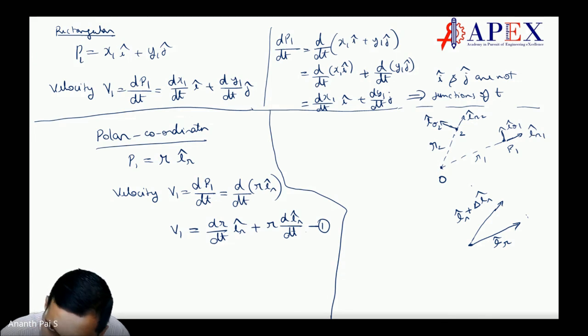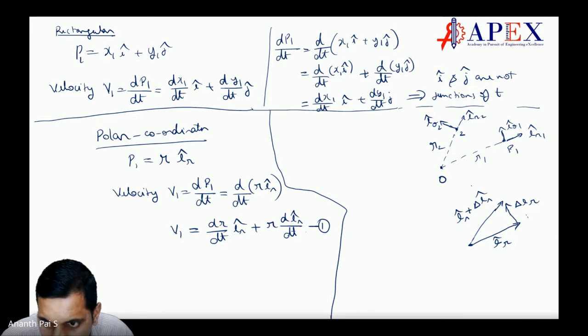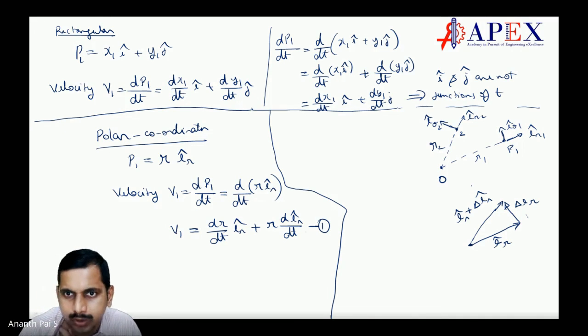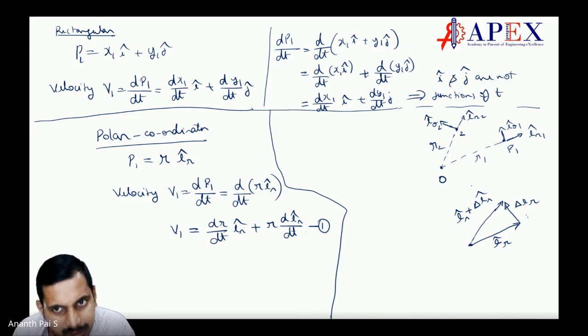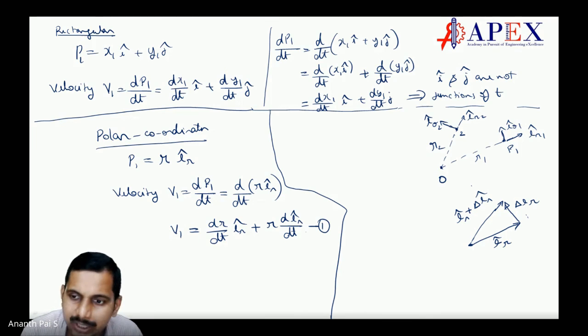So what is delta ER? Delta ER is this. This can be delta ER, correct? Makes sense? Vectorial addition. We are not worried about the magnitude here. Magnitude is 1 only. Whether it is ER or ER plus delta ER, the magnitude is 1 only because both are unit vectors, correct? But it changes the direction. And the change in direction is represented by delta ER, correct?